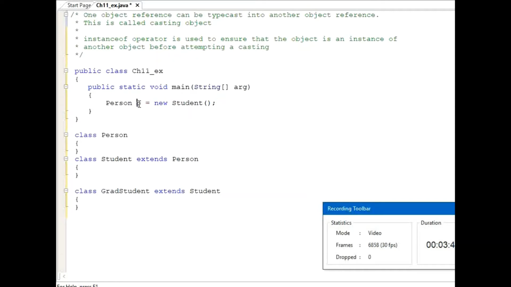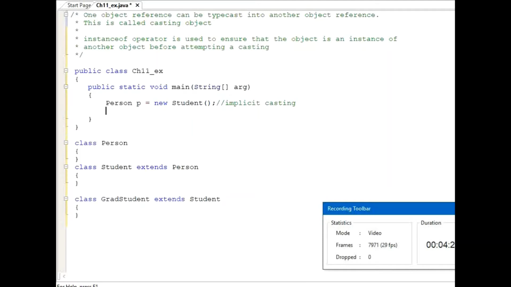Basically, p is an object of the supertype and it is assigned an instance of a subtype. This type of statement is legal because an instance of the subtype is actually an instance of the supertype. Basically, an instance of Student is basically an instance of Person. So this type of casting is called implicit casting. This is possible.